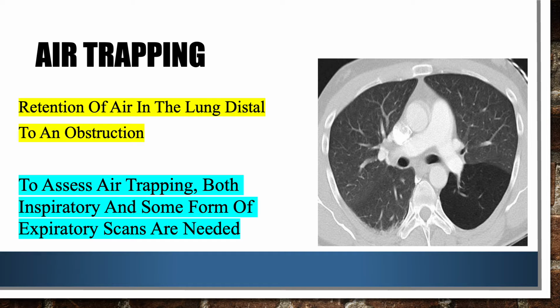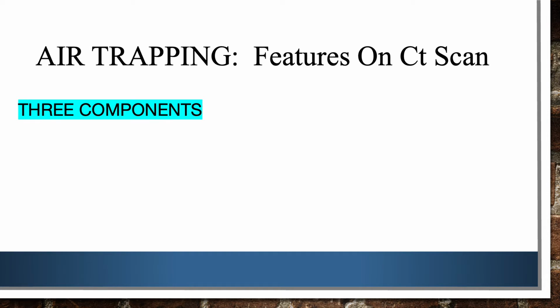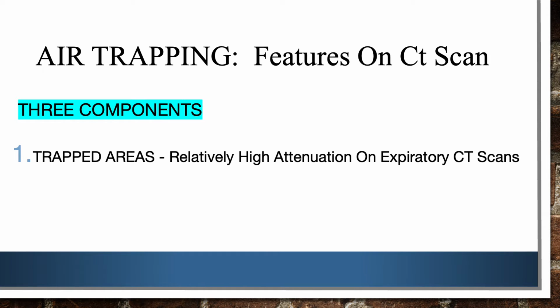So, if we are suspecting air trapping, we might need some form or some degree of expiratory scanning, but it also depends on the patient's own effort of expiring and inspiring that we'll be able to see the classic pattern or not. When we are trying to detect air trapping, there are certain features on a CT scan that can be helpful. To me, the three main components would be one, that the trapped areas have a relatively high attenuation